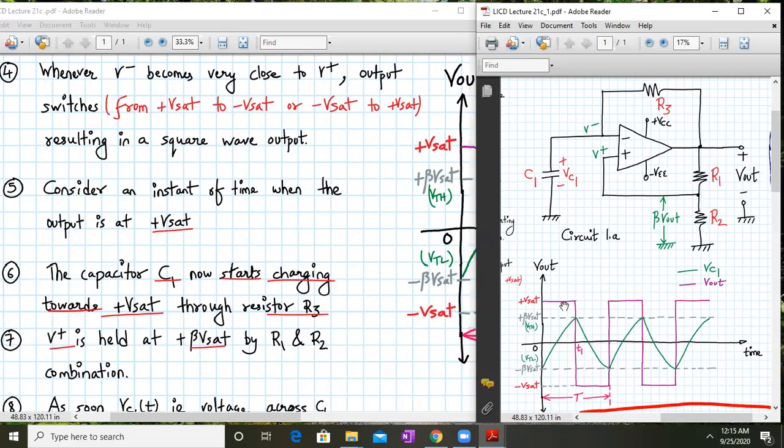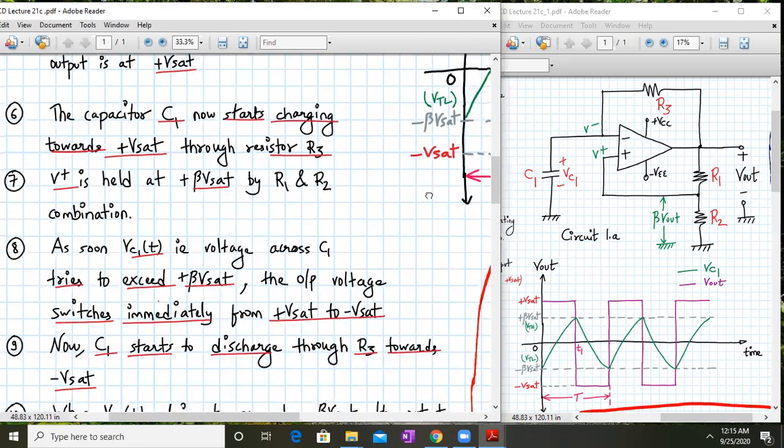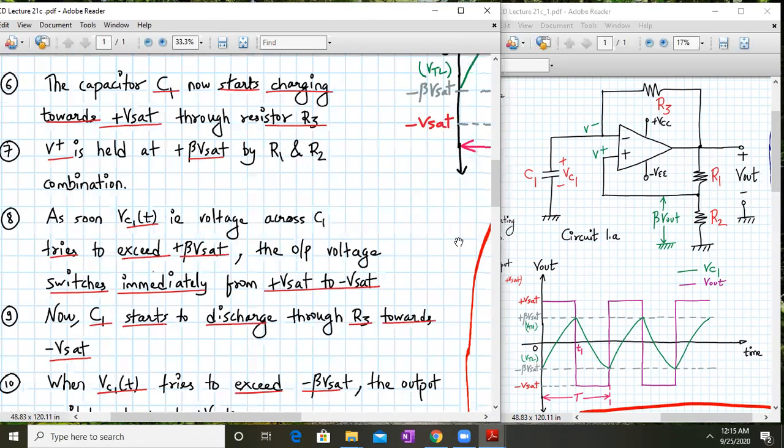Right now the output is at plus VSAT, so my capacitor will start charging towards plus VSAT through R3, and the V plus terminal is still held at the point beta VSAT by the R1 and R2 resistors. So as soon as the voltage across the capacitor tries to exceed beta VSAT, which is held by the V plus terminal,